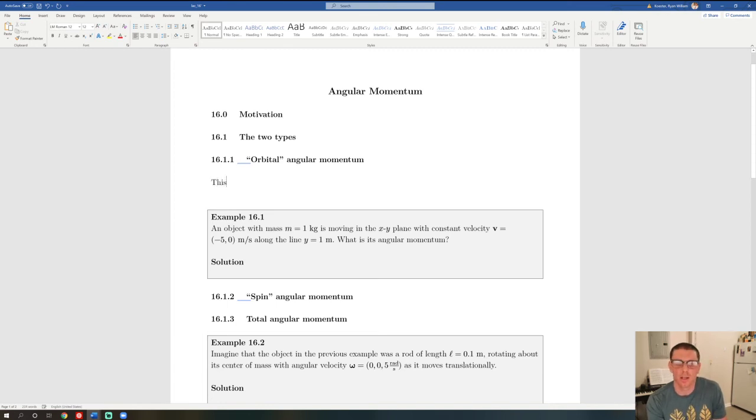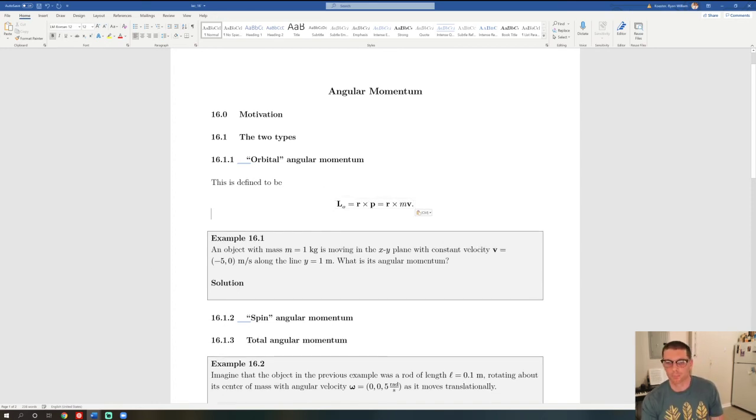I'm going to say that the orbital angular momentum is defined with a cross product, right? So I'm just going to copy and paste this so I don't have to format the characters too much, but it's the cross product of a position vector and a momentum vector, right? You could always write it like this. I think that's probably what I will do, because we know that the momentum is just the mass times the velocity vector for a given object,